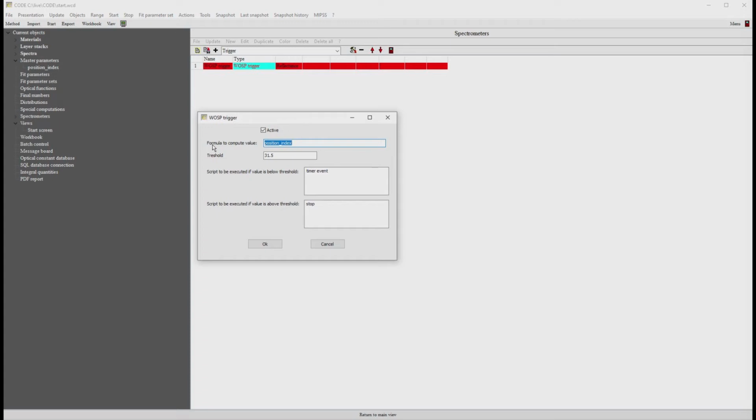And a trigger does the following. When the timer event is fired, each trigger is asked to check its own conditions and to do something if the condition is satisfied. The condition here is the following. There's a formula that computes a value. In this case, it's just the master parameter position index that we had defined, and this value is compared to a threshold value. In this case, this is 31.5. I will come back to that in a moment. And whenever this number here, position index, is smaller than this one, this script is executed. And the script name in this case is timer event. We don't have a script right now of that name, but I will generate one in a moment. If the number is larger than the threshold value, then another script is called, and this is the script stop